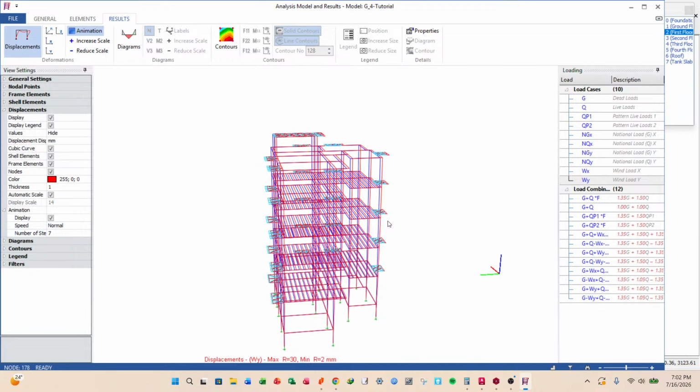So design will be all about that, checking the initially defined sections, adjusting those sections, providing the required reinforcements,